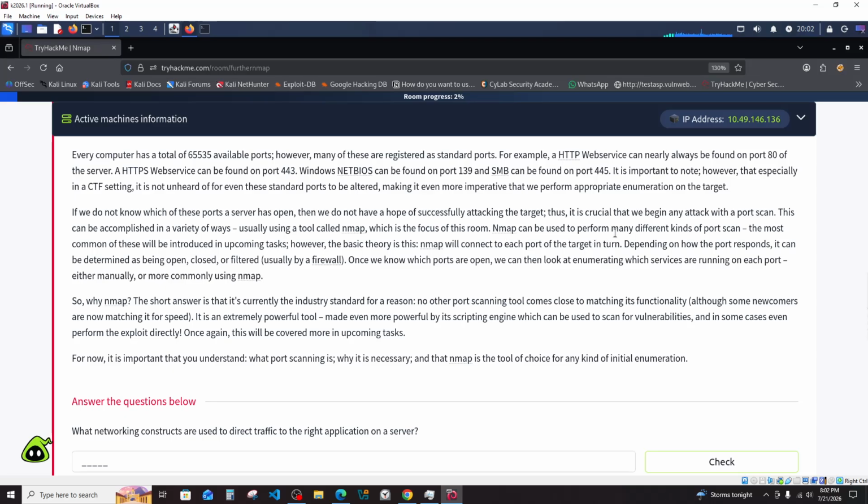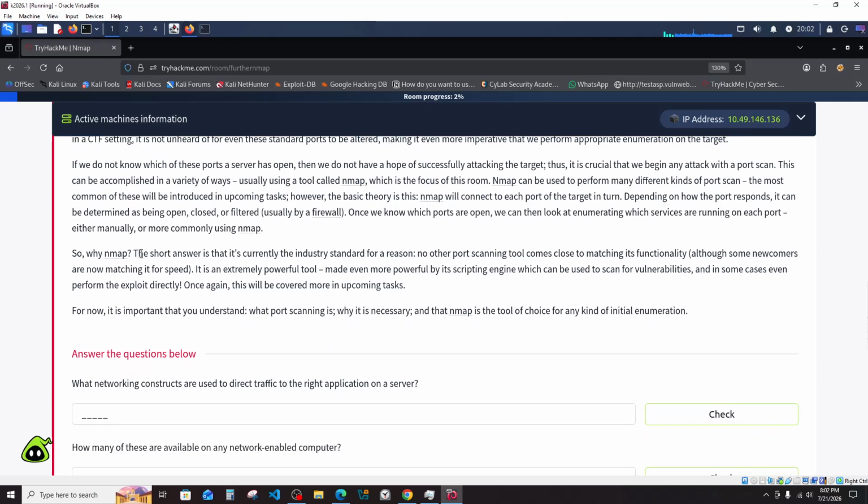Nmap can be used to perform many different kinds of port scan. The most common of these will be introduced in upcoming tasks. However, the basic theory is this: Nmap will connect to each port of the target in turn. Depending on how the port responds, it can be determined as being open, closed, or filtered, generally by a